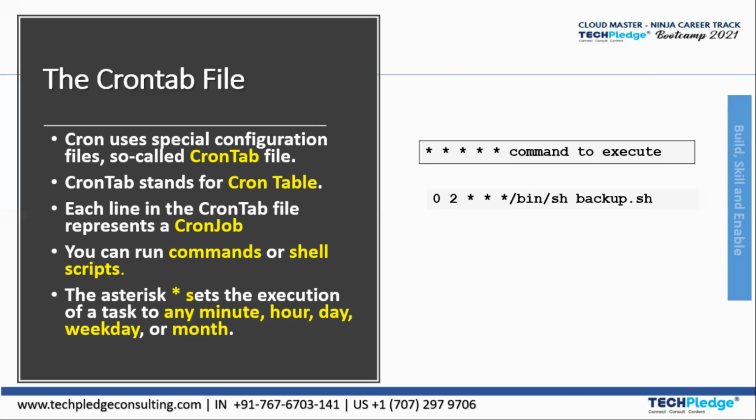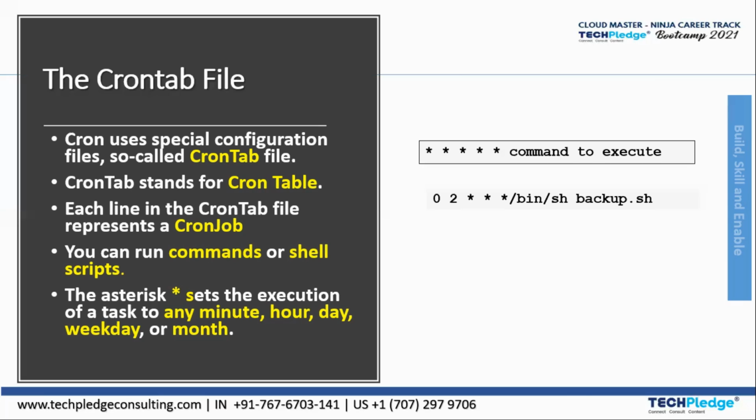The asterisk you can see over here sets the execution of the task to any minute, any hour, day, weekday, or month. So here you give the command to execute, what command you want. Say you want a backup, so it's a backup.sh shell script. So first will be any minute, or after an hour, after 2 hours, a day, a weekday, or a month.